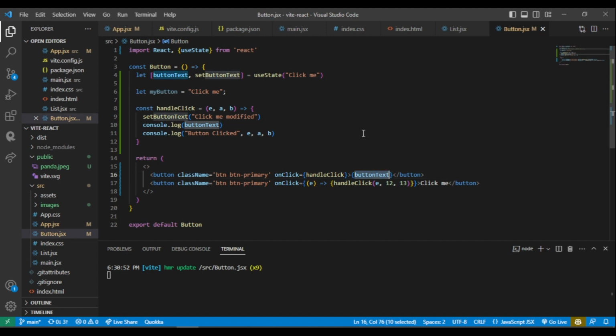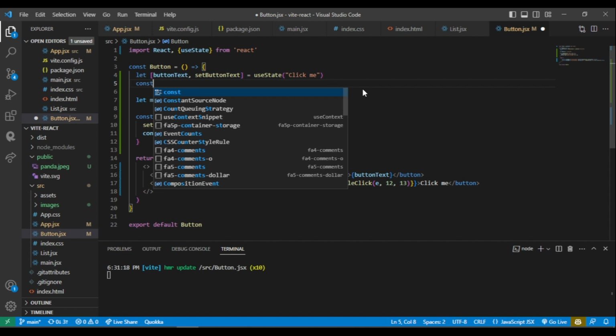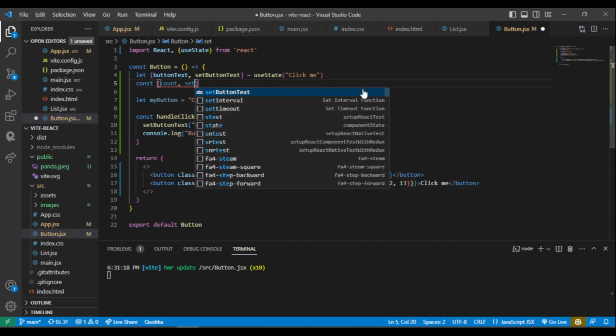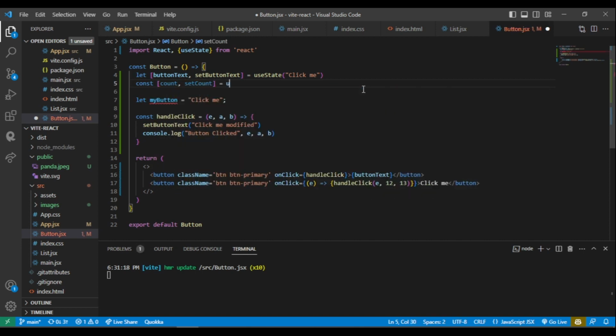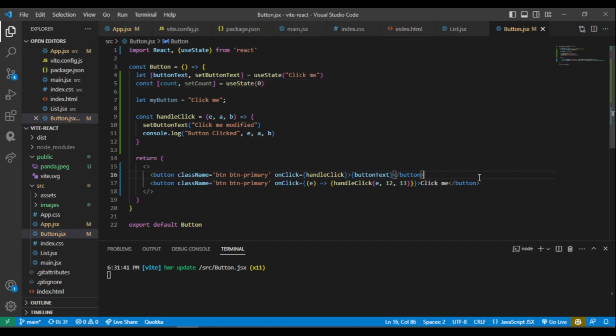There are so many use cases for useState. This is one of them, where you can update the values dynamically. We'll discuss more when we move to the applications. But right now, before moving to the next hook, let's discuss a classical example of useState, which is if I make a count, setCount, useState, by default it is 0. Let me put it in